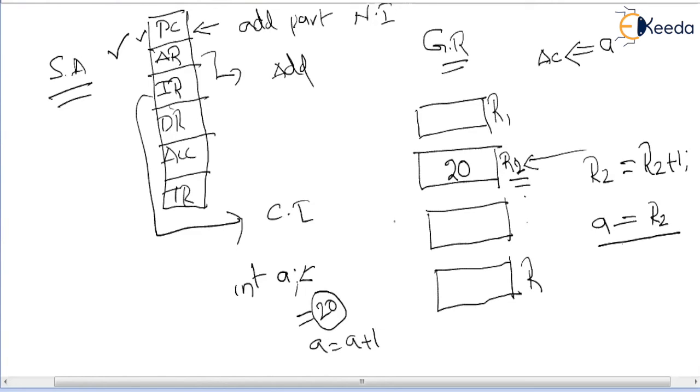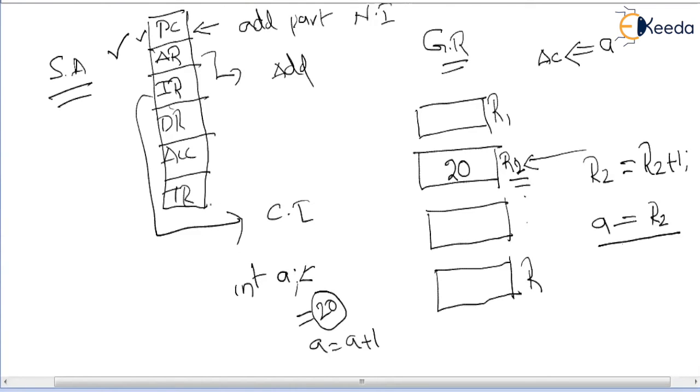These are additional registers to the special purpose registers. So in the general register organization, we have a few additional registers named R1, R2, and so on to Rn, in addition to the special purpose registers we already designed.